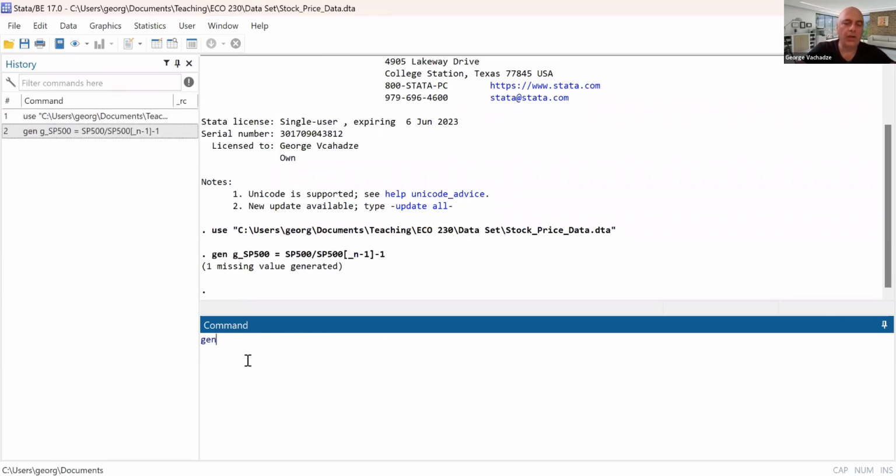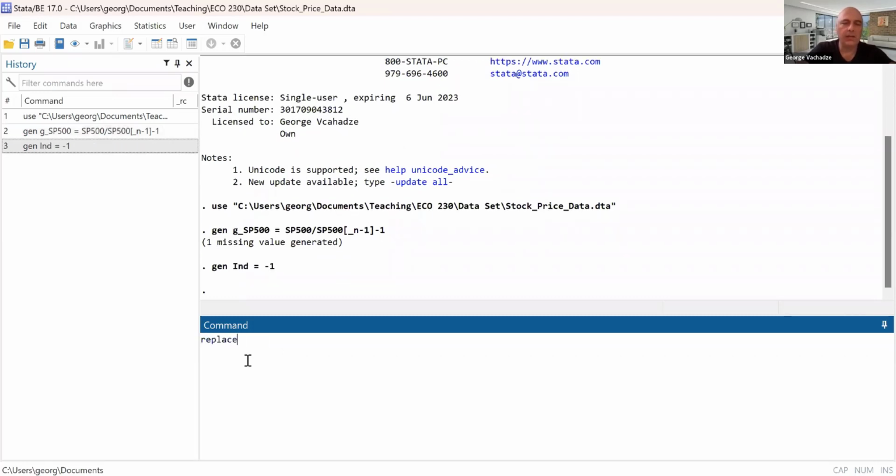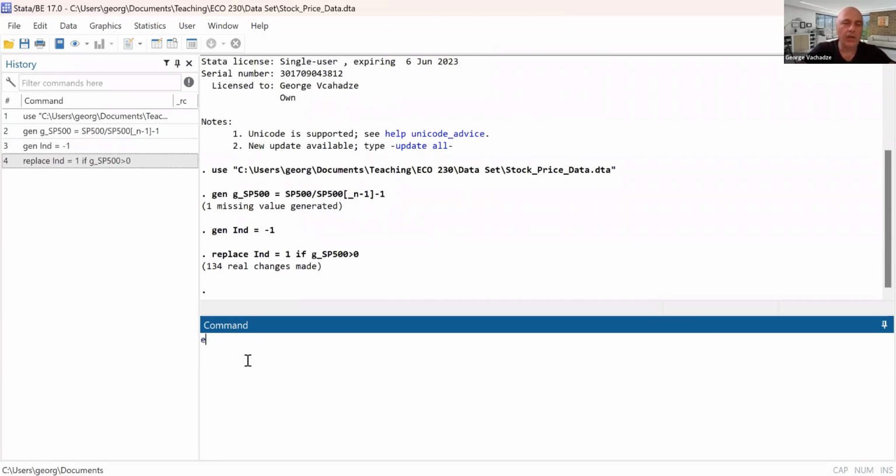and next we generate the indicator function, which is -1, and then we replace it by 1 depending on whether daily return is positive or not. If G_SP500 is positive, okay, and we next generate the lagged value of indicator, which is